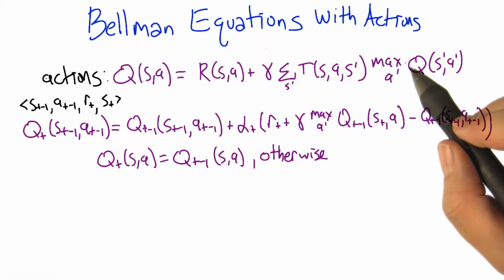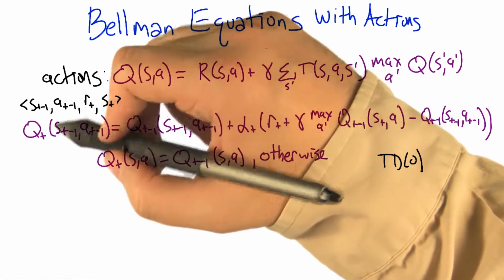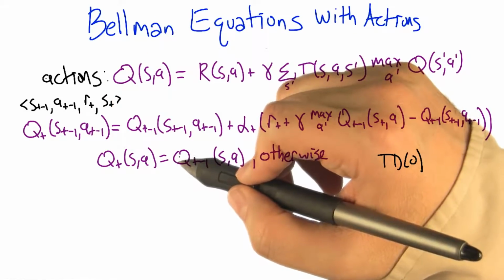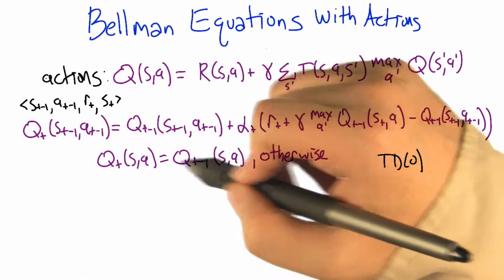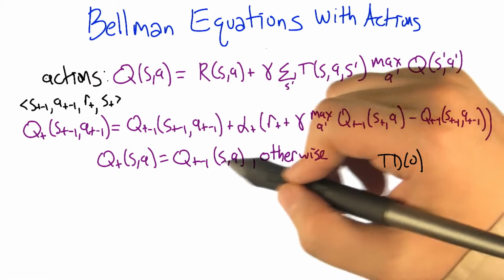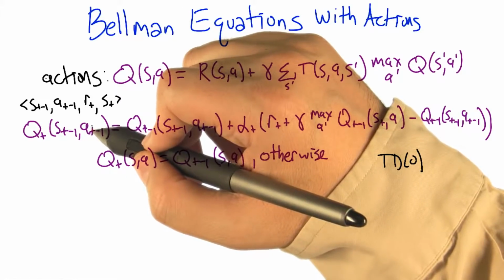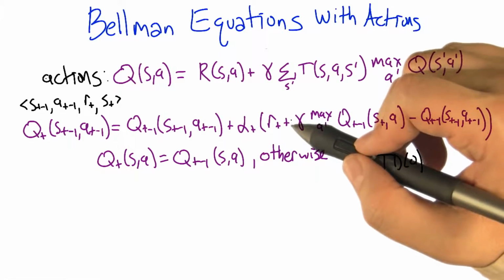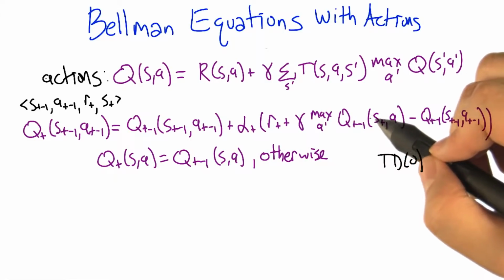And so we can translate this into a TD(0)-like rule using the same sorts of ideas. We're going to have a new estimate of the value function, and as we go from one time step to the next, it's the same everywhere except for the state and action that we just left. We just took action a_{t-1} in state s_{t-1}, and so that one we're going to update. We're going to move a little bit in the direction of the immediate reward plus the discounted value of the state that we landed in, s_t, where the value is taken